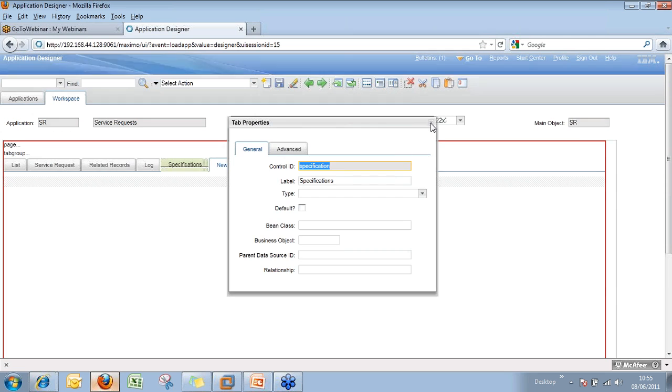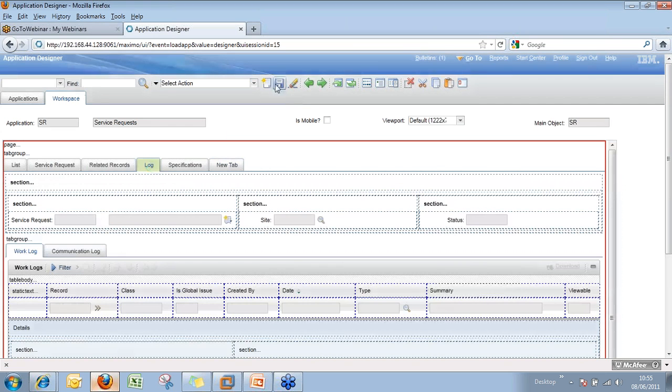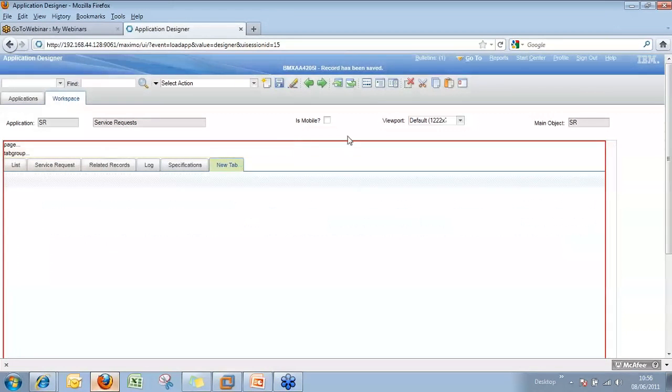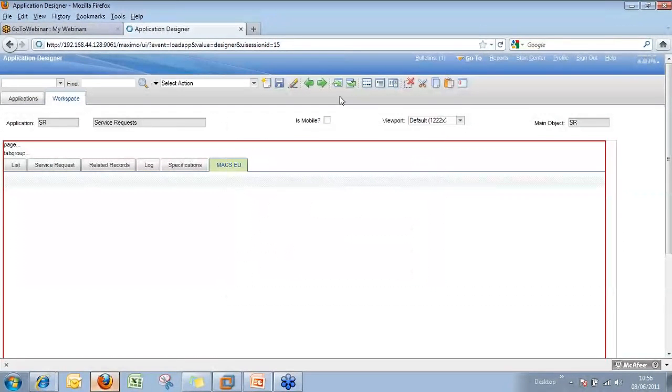Still there. We'll save it. The new tab, we'll change it to MACS EU, and we